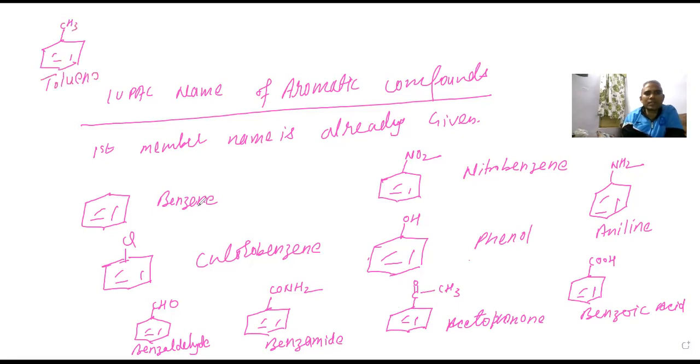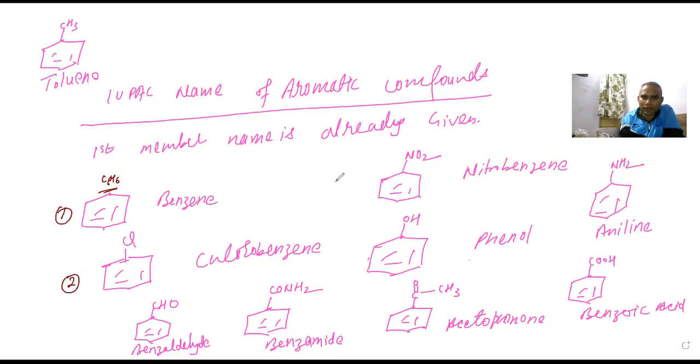So these names are suggested by IUPAC. I didn't do anything, there is no rule for this. Why this is called benzene, we don't know, because if you want to define it, you can say the formula is C6H6. That is benzene. Here, this is the first one: chlorine is on the benzene, so that is going to be chlorobenzene, right?